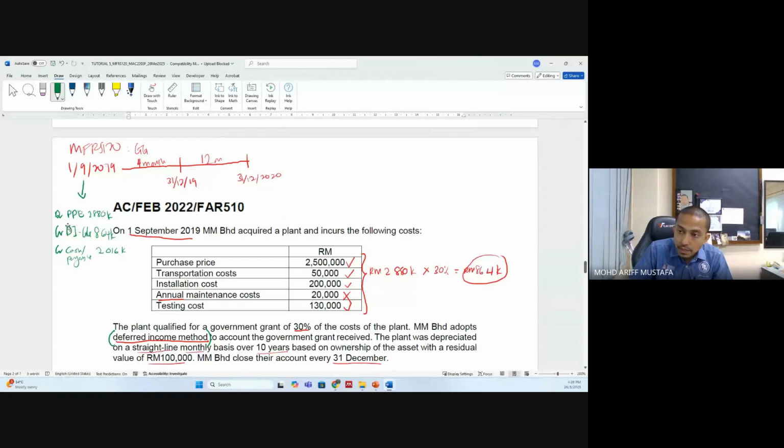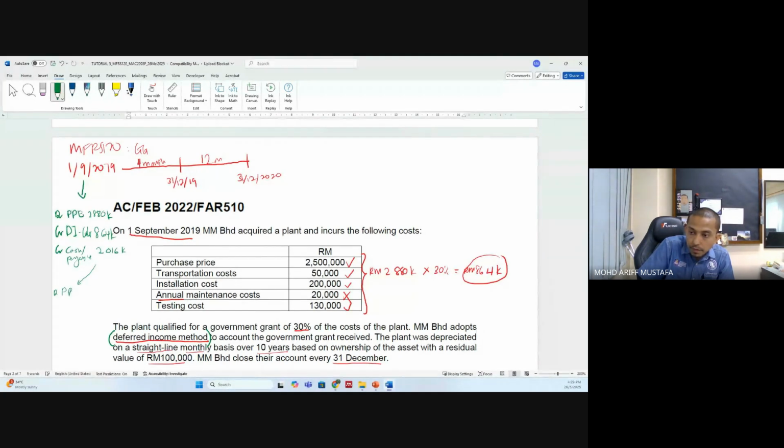Okay, so basically this is when we acquire a plant. So again, 30% is covered by the grant, so we got that as grant, and the remaining is covered by cash or payable. Again, guys, this is the combined journal entry. You can do one by one journal entry. This is a combined journal entry. It's actually combined from this